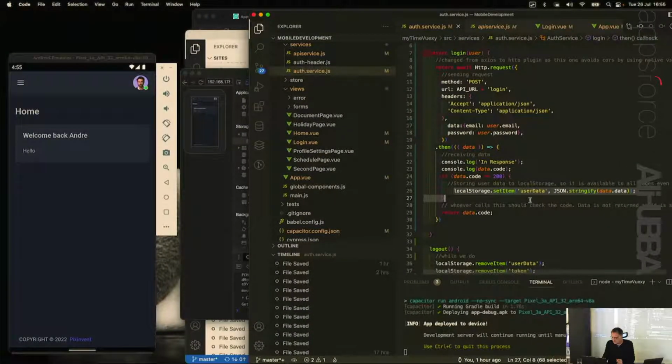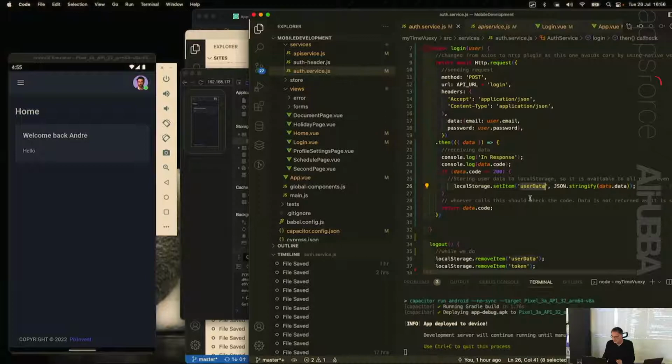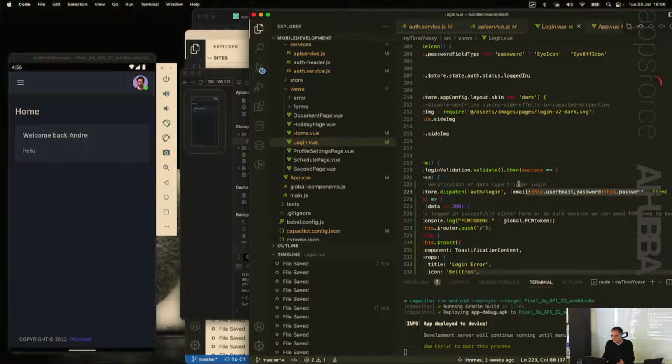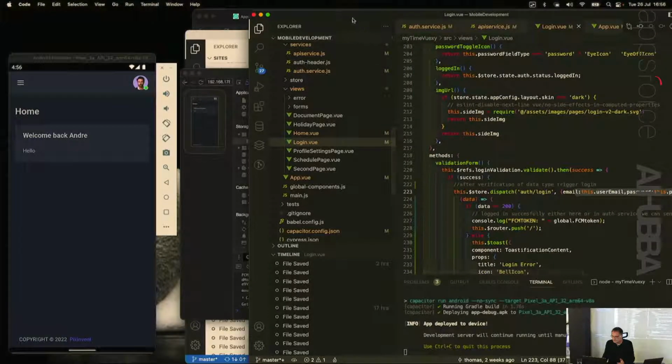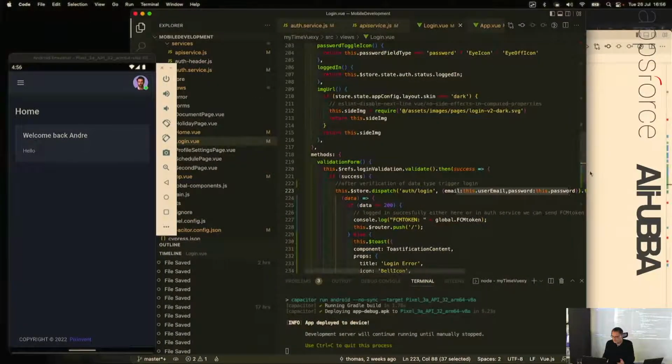So that is saving it to the local storage. It saves it in JSON, okay, under the name user data. And then it returns to my application, whoever called it, the data code, which is 200 or 405 or 500, whatever happened. So, going back to this guy here,